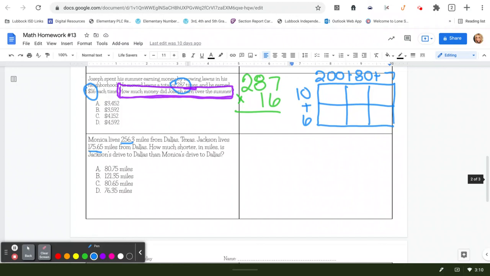Okay, this problem is asking us to subtract. I put this one on here because on our last CFA, a bunch of you put the smaller number, the lower number, first, and that makes no sense. 256 and 3/10 is greater than 175 and 6/500. Put in your phantom. You're going to need to regroup. This becomes a 10. This becomes 2. But I can't take 6 things from 2 things. So this becomes 12. This becomes 5. And now you can